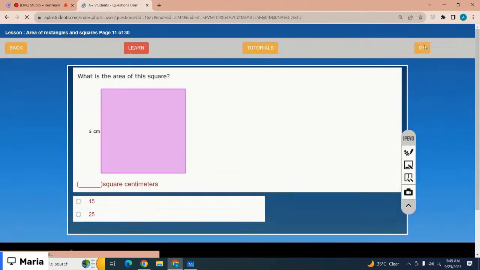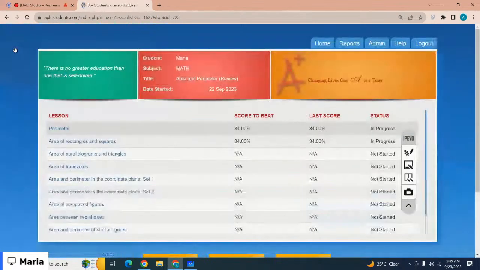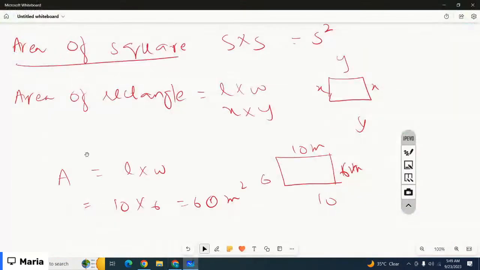Okay, you can complete the lesson by yourself later today. Let's just see the next lesson. The next lesson is area of parallelogram and triangles. Okay, let's just see how do we calculate the area of parallelograms, and